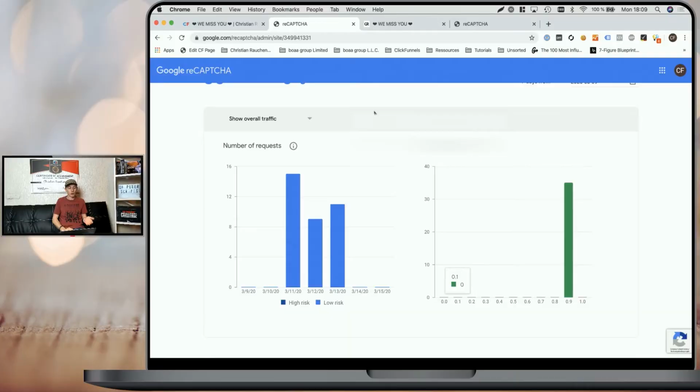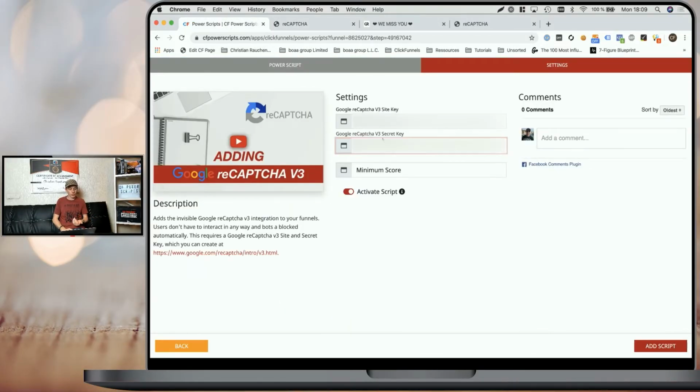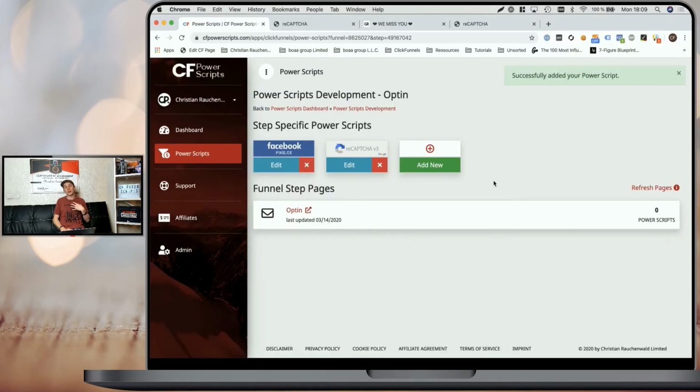So Google only assigns a score to the request between 0 and 1.0. And it's up to you to determine at which point or which kind of score a user needs to have in order to proceed. So when we go back to CF PowerScripts and we add a minimum score of 0.5, for example, and click on Add Script, I will most likely be able to submit the form because so far my score has always been 0.9.